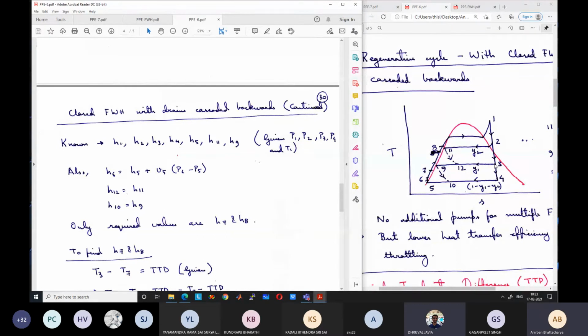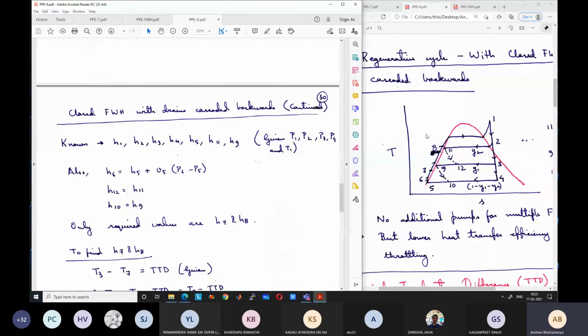Temperature. We will divide temperature into equal parts, correct? Not the pressure, you have to be careful. The pressure differences are not equal. The saturation temperature differences at these points are equal. So T9 minus T5 is equal to T11 minus T9, is equal to T8 dash minus T11. So these saturation temperature differences can be equal if it is not specified.